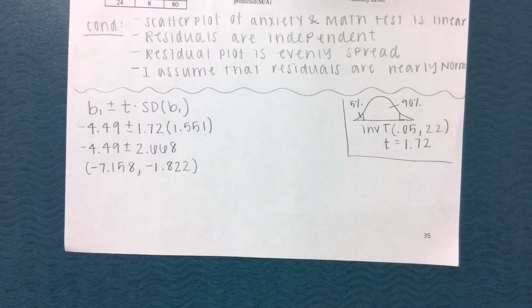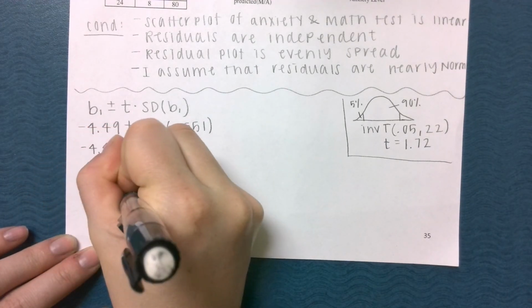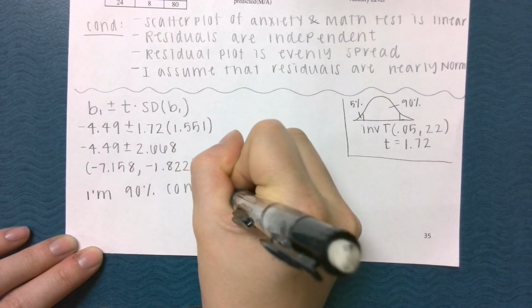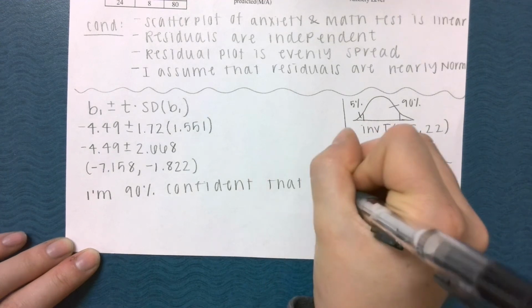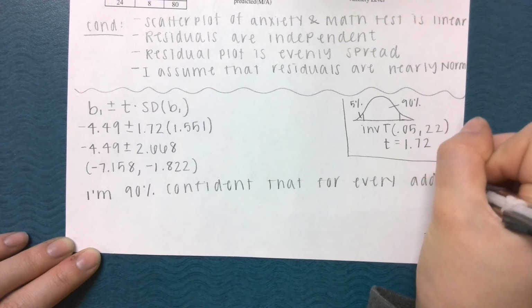Once I have my interval again, I can go ahead and write my interpretation. So I'm going to say I'm 90% confident that for every additional